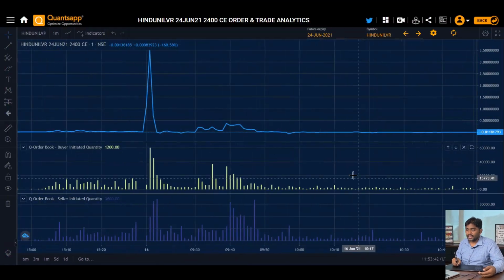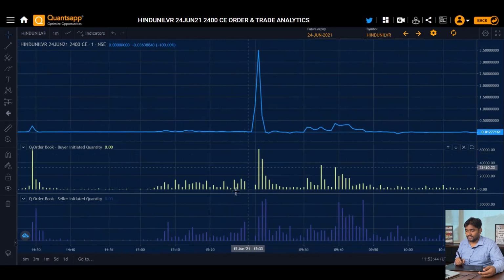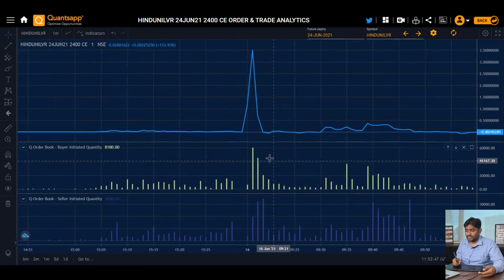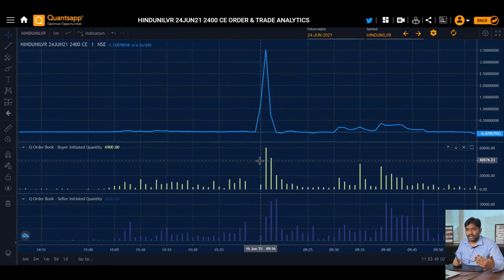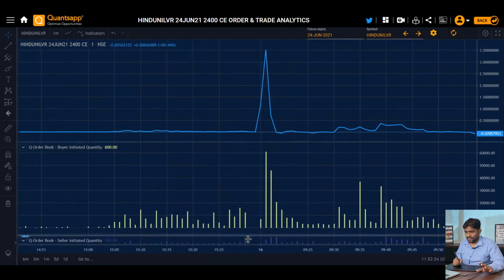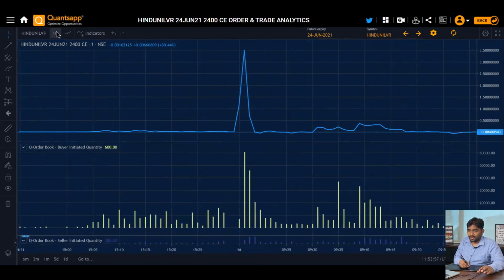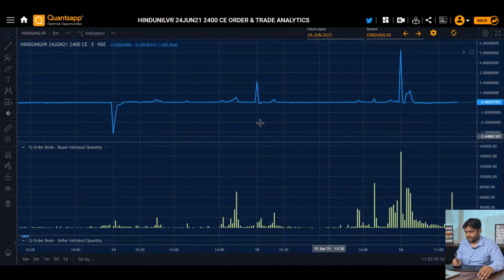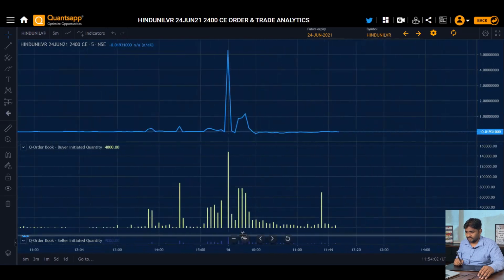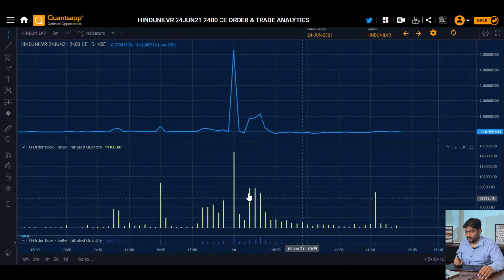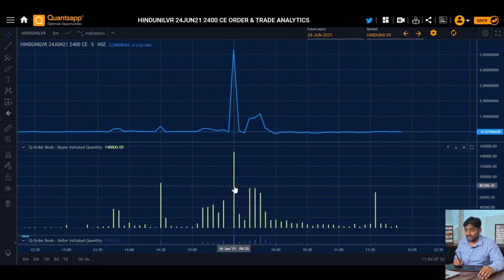Now if we check Hindustan Unilever for today's trade, in the morning, the first 5 minutes, you can see this data. I'm hiding this as we don't require it. So let's check the first 5 minutes of today, 9:15 to 9:20. See the orders that we have received: the quantity is 1,48,800. You can check it here.